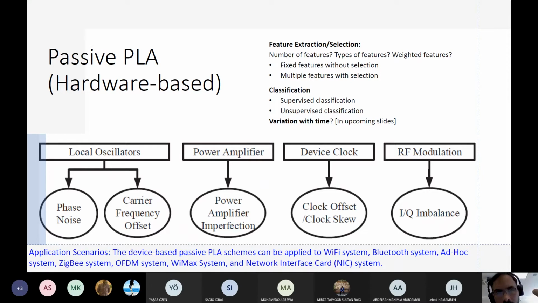As for types of features, you can select a single feature, you can select multiple features, or you can give weights to the features, like this feature is more robust, so you use a weighted sum for different features. Another thing is that based on these features, you can use supervised classification or unsupervised classification to identify, or to use them for authentication.